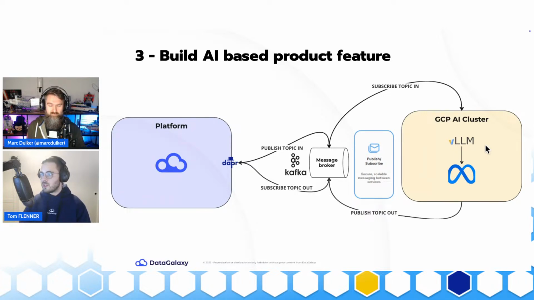They provide a specific way to handle stuff with VLLM, Python API, stuff like that. So they are just using our data to do the translation. And in a topic out, they are publishing the result. And we are consuming this result to translate the platform and show the result to the end user. So we can automatically, from Dapr, using this building block to perform some AI stuff and AI feature on top of DataGalaxy, which was quite good and quite impressive because we rely on all operations related to publish and subscribe, such as resiliency policy, dead letter queue, and stuff like that.